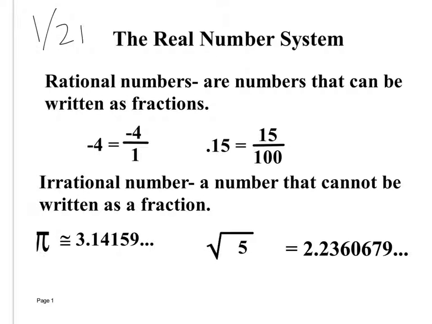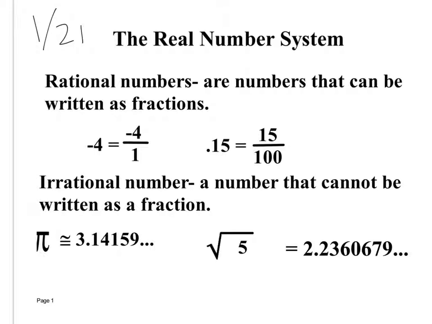Alright, today we're talking about the real number system. The real number system includes all of the real numbers. The real numbers we're going to talk about today are rational numbers and irrational numbers. Rational numbers are any numbers that can be written as a fraction, which includes almost every number except for just